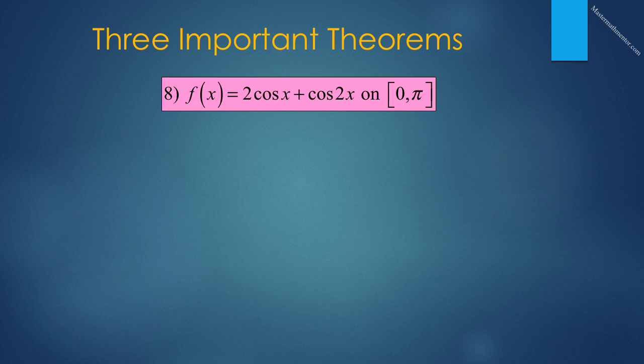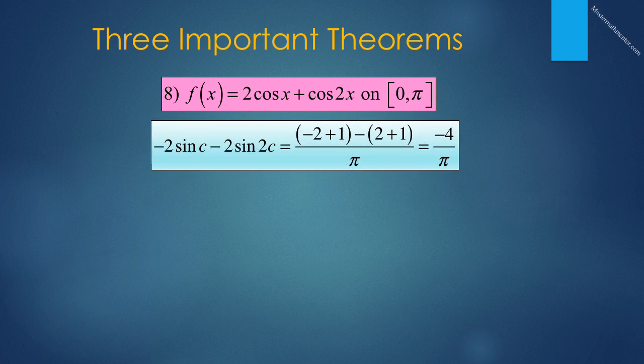Hi, Stu Schwartz. 8 is a problem that is primarily solved using your calculator. We would like to find the value of c that satisfies the mean value theorem for f of x equals 2 cosine x plus cosine 2x on the interval 0 to pi. The cosine function is differentiable, so the mean value theorem holds. F prime of c equals negative 2 sine c minus 2 sine of 2c. And that will equal the slope of the secant line, which is f of pi minus f of 0, which is negative 2 plus 1 minus the quantity 2 plus 1 all over pi,